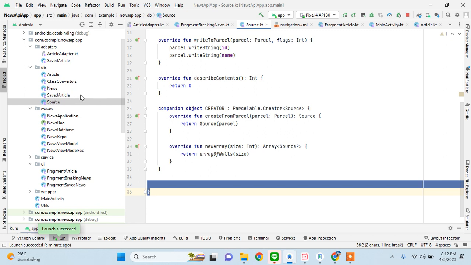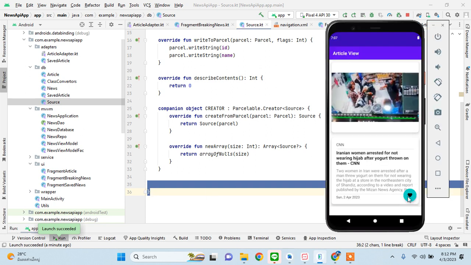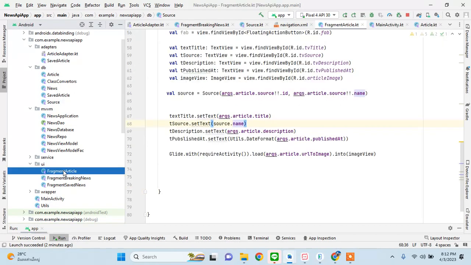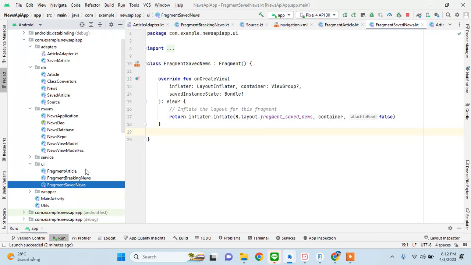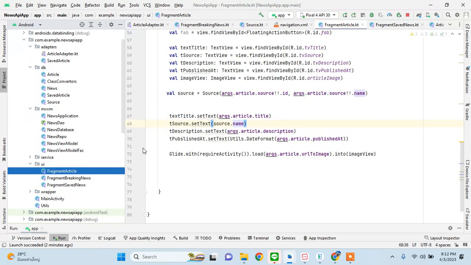Okay guys, welcome to the 8th tutorial where we will be working on saving the article and also displaying all the article lists that we have. So this is going to be a little long process, so let's just get right into it. Okay, so going back to fragment article where